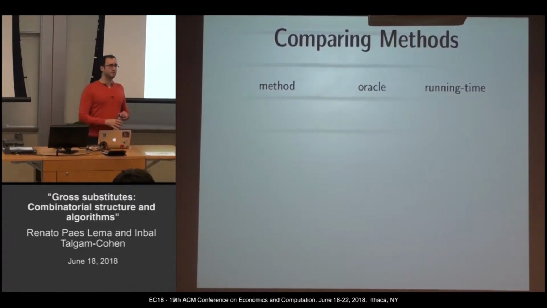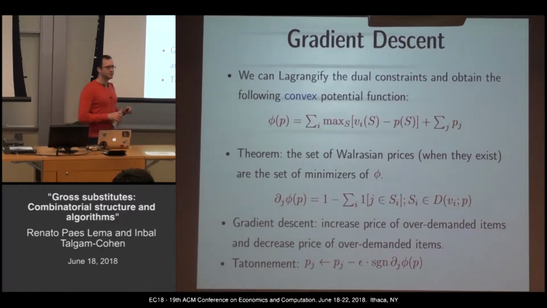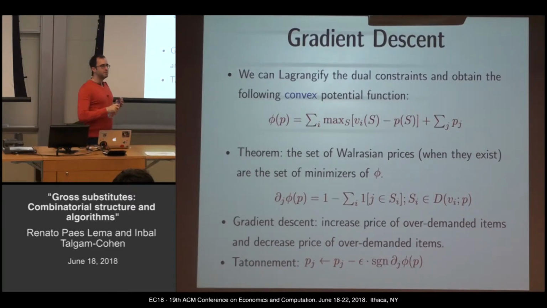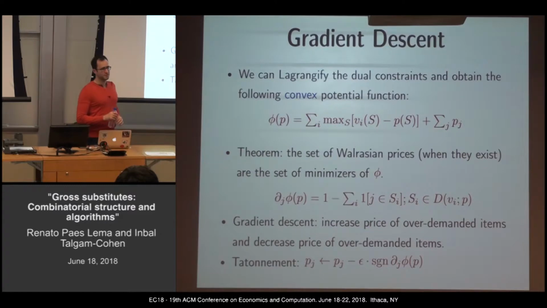So when you compare the different methods, you might ask, sorry, yeah. Getting back to the slide: if you had specific valuation functions, could you use things like the KKT conditions to algebraically characterize the solution? Probably yes, that's a good point. If you have a closed form formula, you could use things like KKT conditions. And what you see next, you can also use other things like cutting plane methods. This setup will allow you to use probably any convex optimization method that you're used to. It's very general.